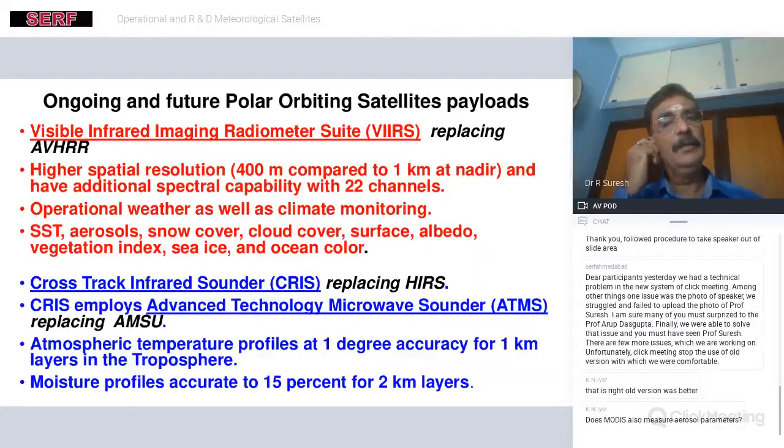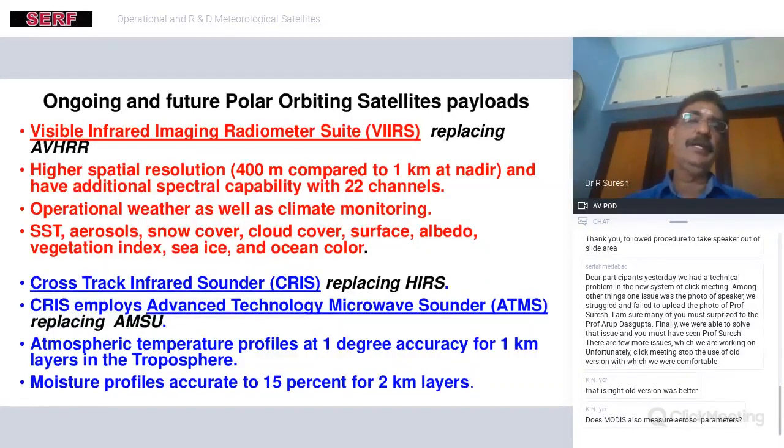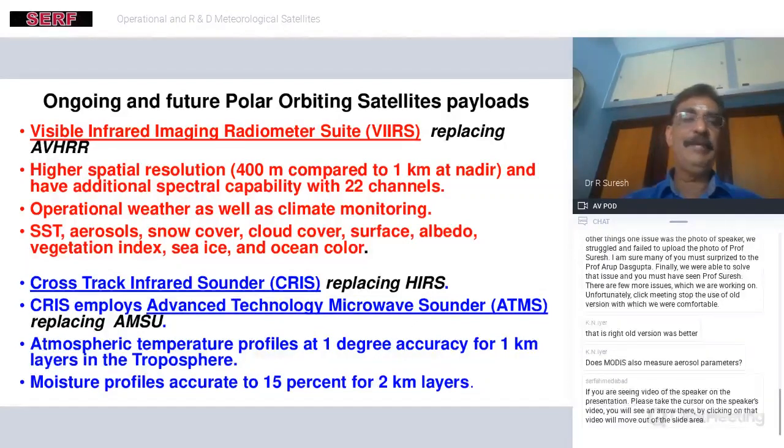So now from VHRR, we have gone to AVHRR. Now that AVHRR is getting replaced by VIIRS, Visible Infrared Imaging Radiometer Suite. Earlier, we started with 2 channels of imaging, then 5 channels, then 6 and 7. Now, many numbers are coming in depending on the narrow band through which we'll be identifying which channel will be used for what deciphering, etc. So it's a suite.